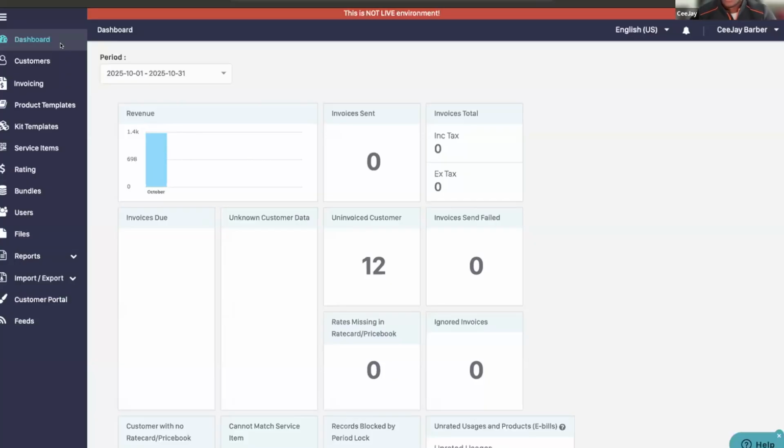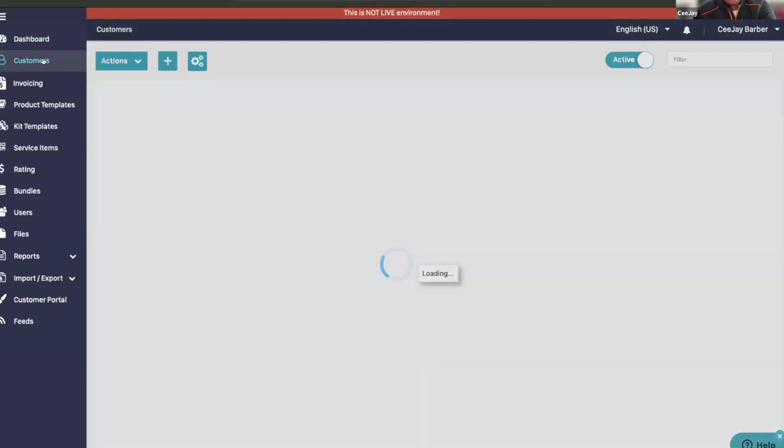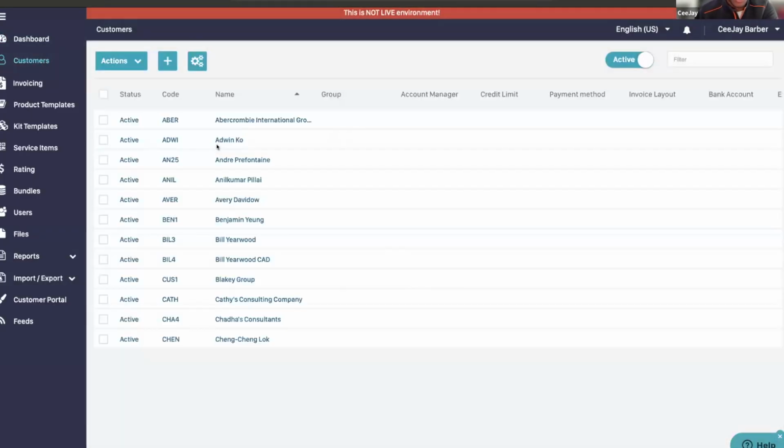So as you see my screen right here, this is just the dashboard of Datagate. It's pretty cool here because you can see a compilation of all the reports and everything that's happening in the system. So you don't have to really dive into a lot of the detailed customer accounts to get that high level overview of what's happening. But if I were to dive into a customer account here on the left-hand side, we already have a customer that we've been working on that makes sense for this demo, which is Kathy Consulting Group. But before I dive into Kathy, we do have a synchronization button as well.